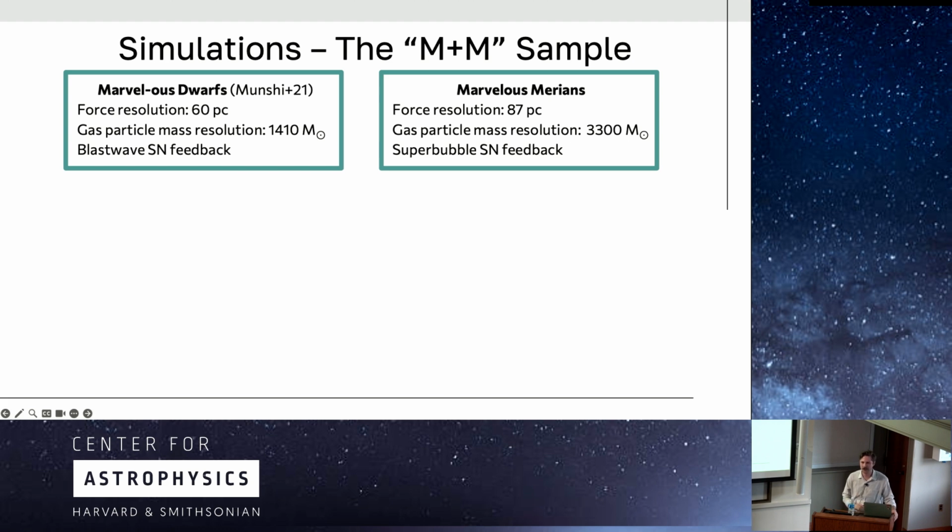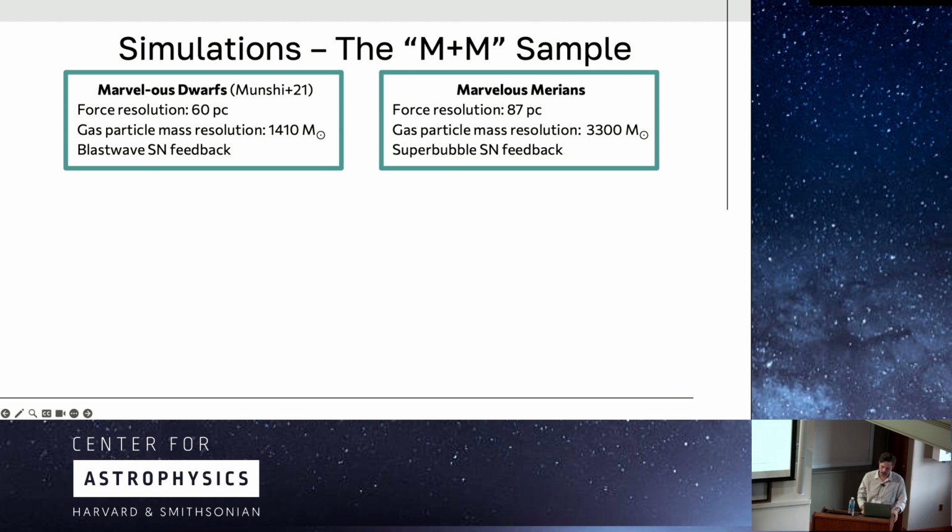For my work, I use two different suites of simulations, the Marvelous Dwarfs and the Marvelous Massive Dwarfs simulations. These are both cosmological zoom simulations run with the smoothed particle hydrodynamics code ChaNGa. I've highlighted the force resolution and gas mass particle resolution, which are slightly different between simulations. They also differ in supernova feedback models. This means they make different decisions about how to model the evolution of the supernova, but they still impart the same energy and mass into the surrounding